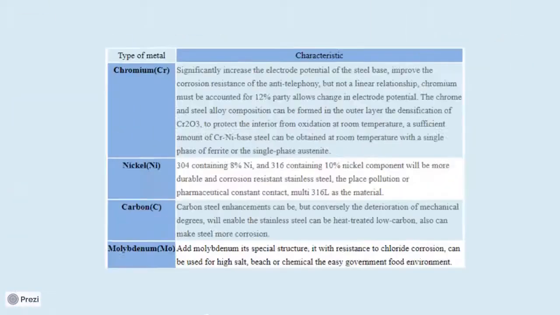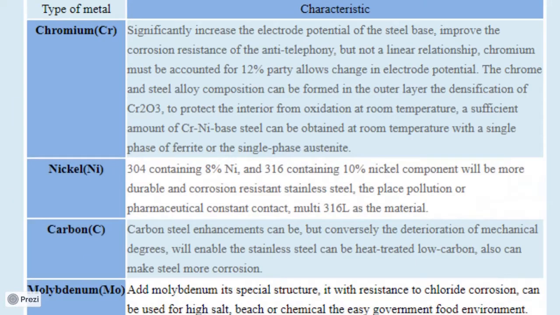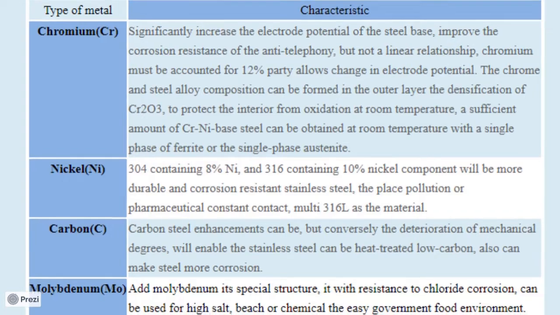reactors. For example, increase in chromium concentration reduces the corrosion resistance, wherein increase in nickel concentration increases the durability and corrosion resistance of the steel, and carbon enhancement conversely affects the corrosion rate, and increase in molybdenum concentration reduces the chloride corrosion. So, based upon the properties of the metal incorporated, steel has to be made in such a way that the vessel is provided with a long-term stability.